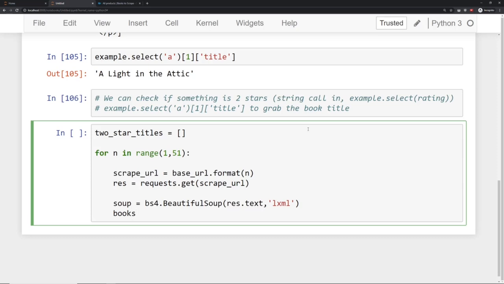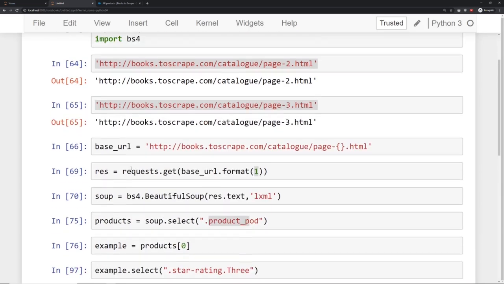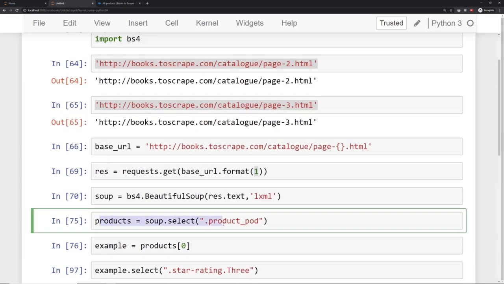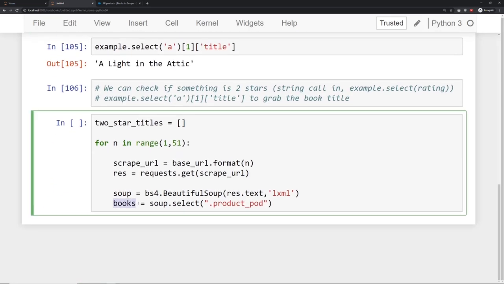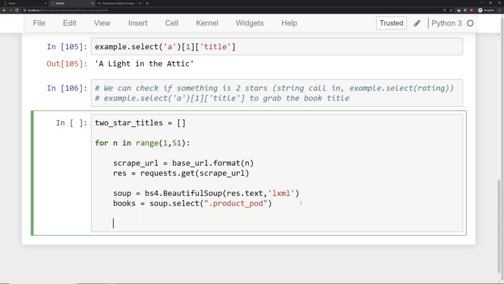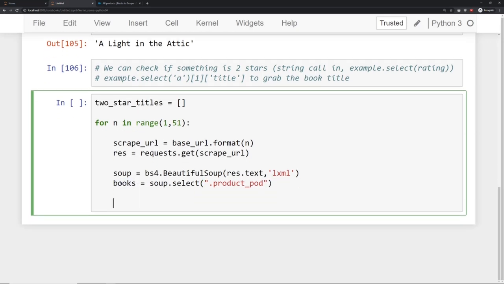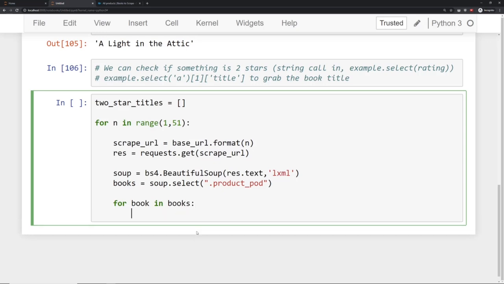And then recall my list of books is going to be off that page, select product_pod. So recall this books is the same as that list of products I had here. So I'm just calling it books inside this loop. So this books contains all those products, and now I need to filter through those books. So here's a list of books, which is those element tags for all the books. And I want to say for book in books, I need to check for two things. I want to check